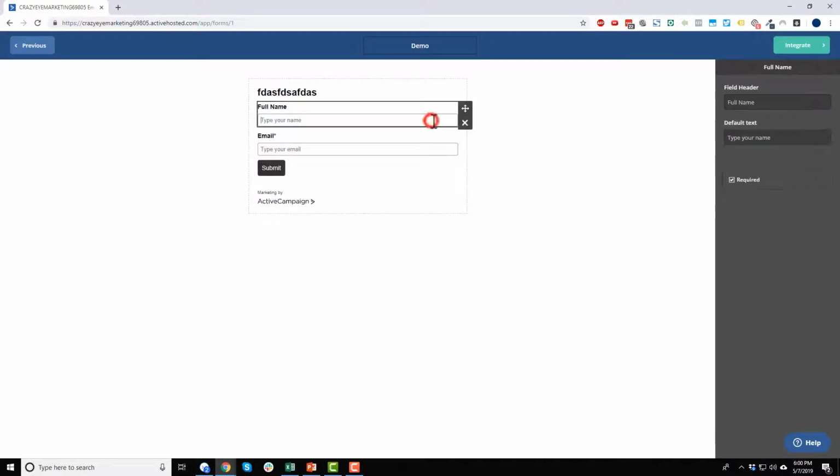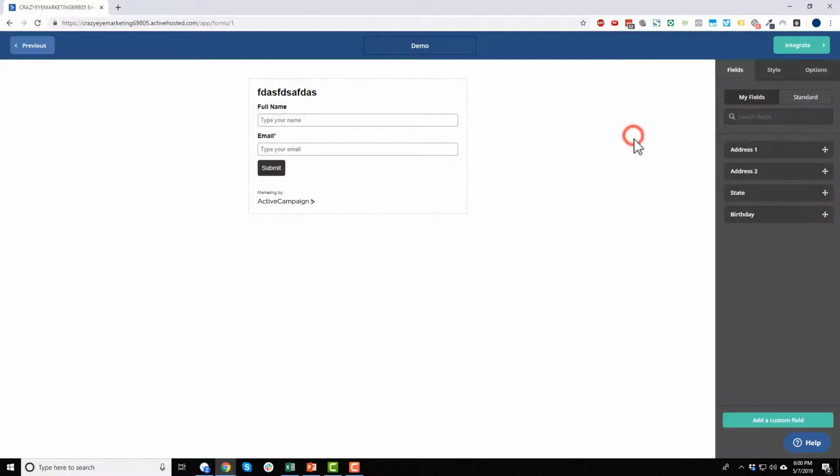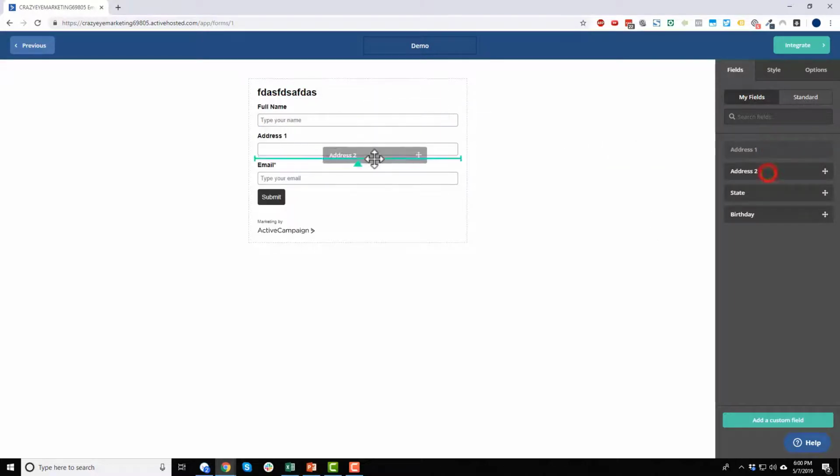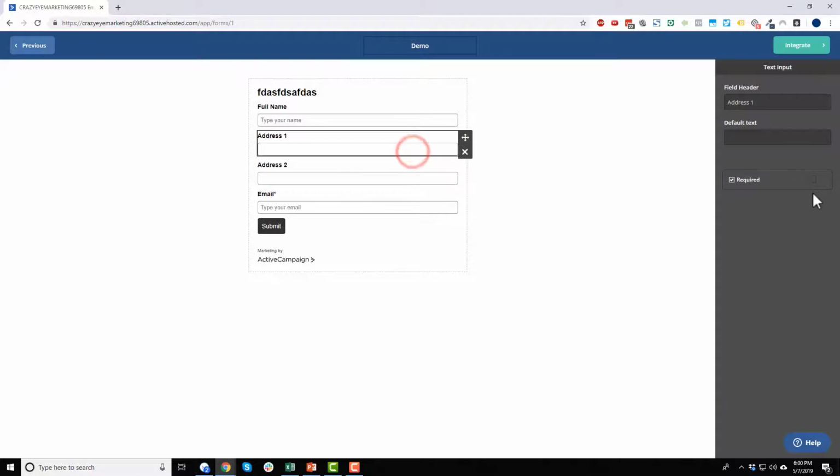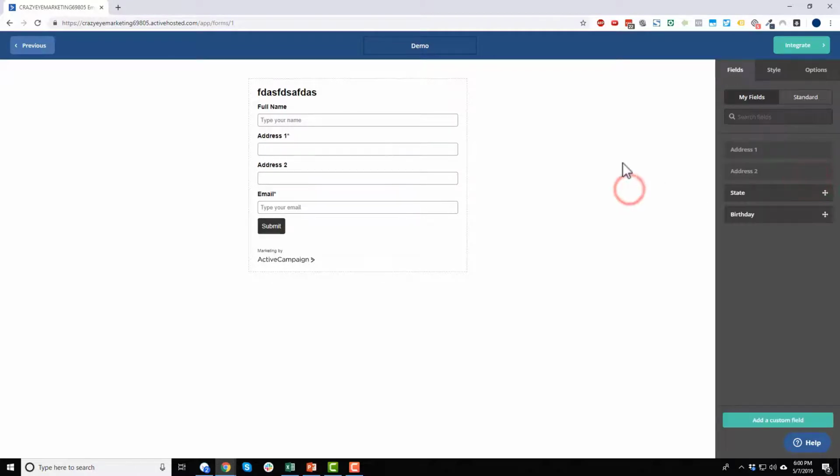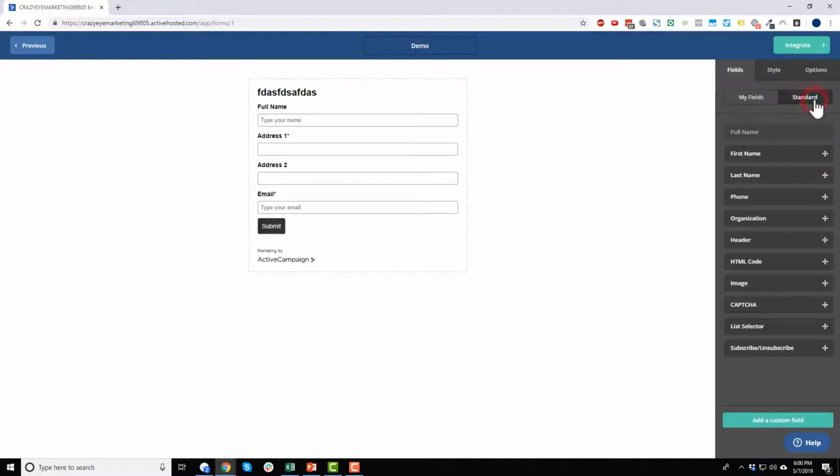We could go ahead and click on the different fields and edit like the header or the default text, make it required or not required, etc. Pretty self-explanatory stuff. If you have custom fields that you want to go ahead and use on your form, you can drag them over here, like address 1, address 2, click into them, make them required or not required, etc. You can come over to standard as well if you're not seeing some fields. So if you want to do first name, last name instead of full name, you can do that, phone number,